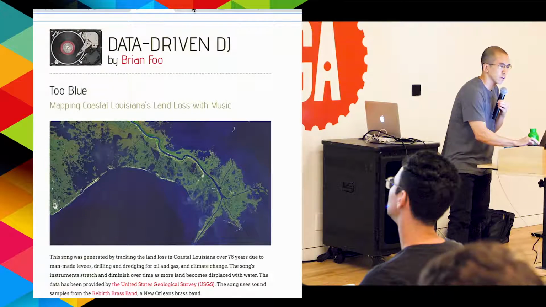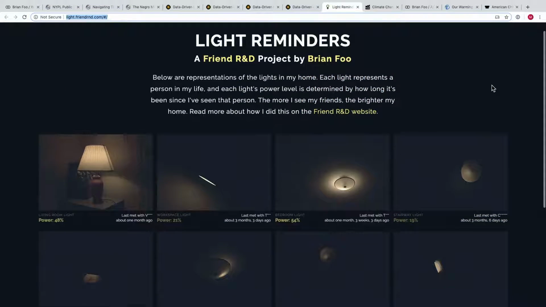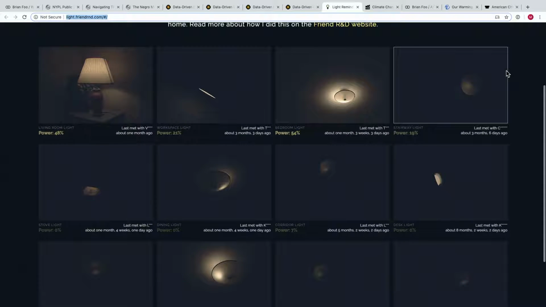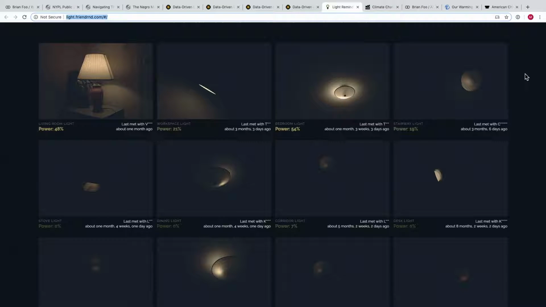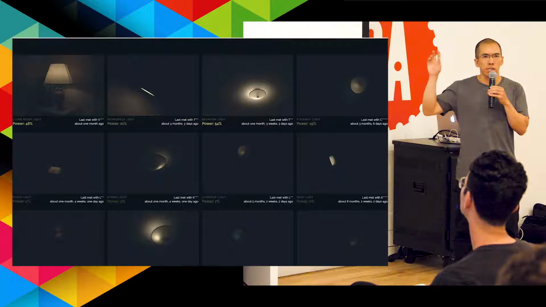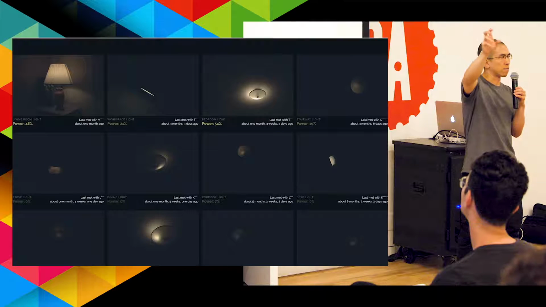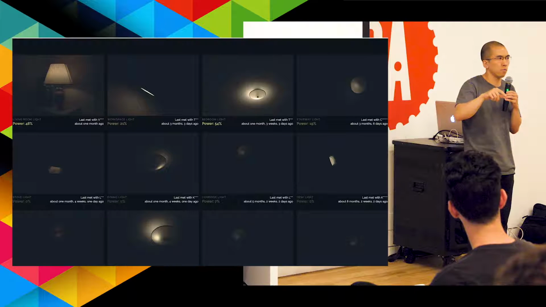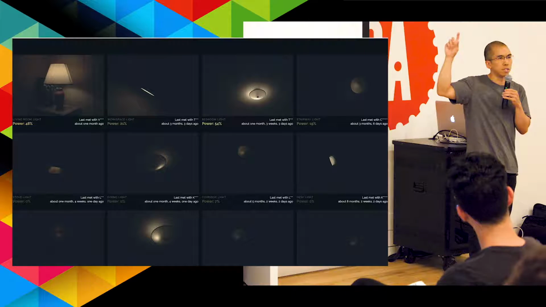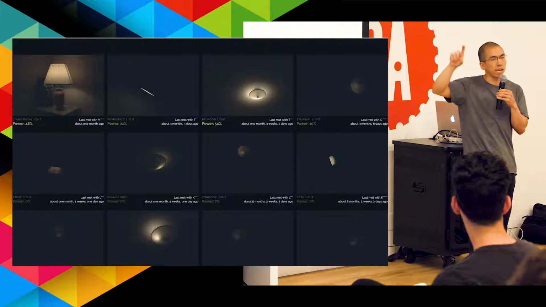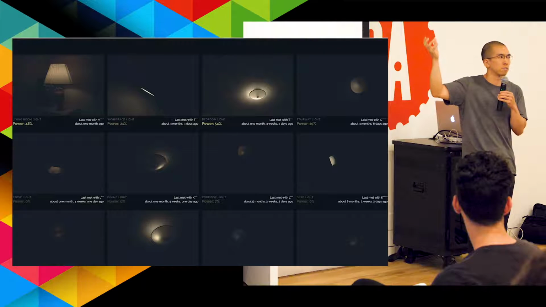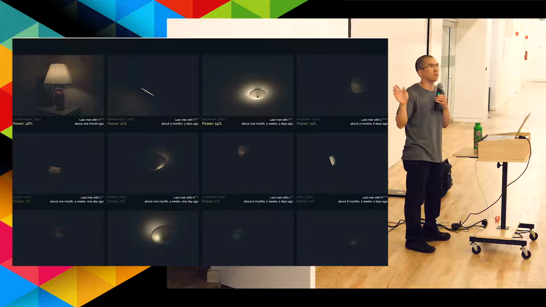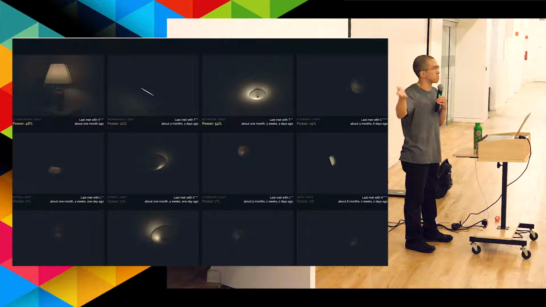So I created this piece called Light Reminders. These are a representation of the lights in my apartment. I installed smart light bulbs into different lights in my apartment, and I programmed it so whenever I see one of my friends, the light that's associated with them becomes brighter. So the idea is that if I don't see my friends after a period of time, my apartment becomes really dark,